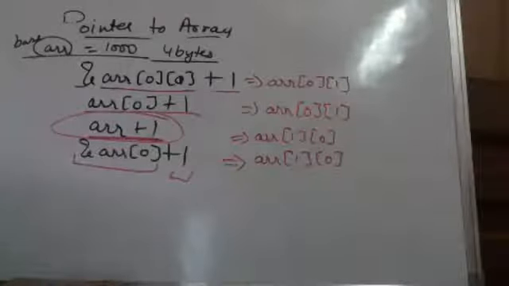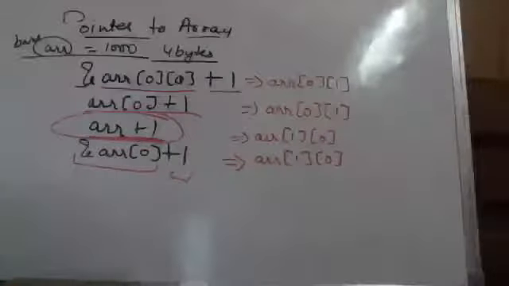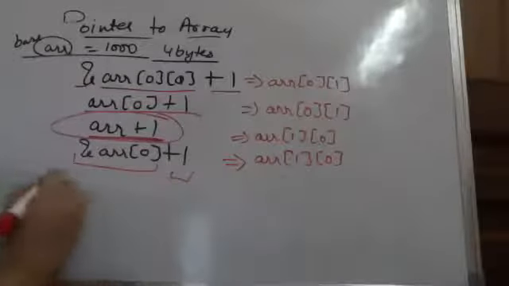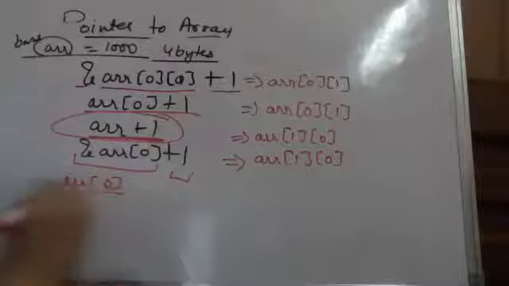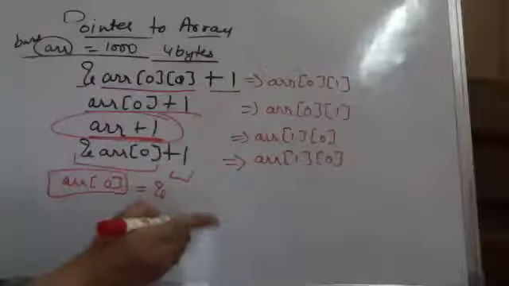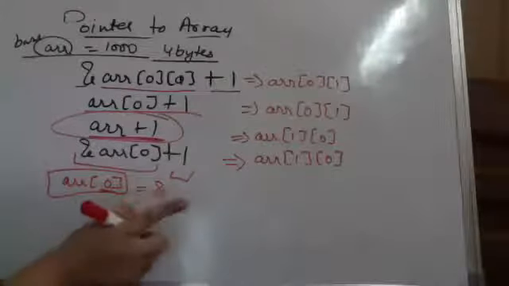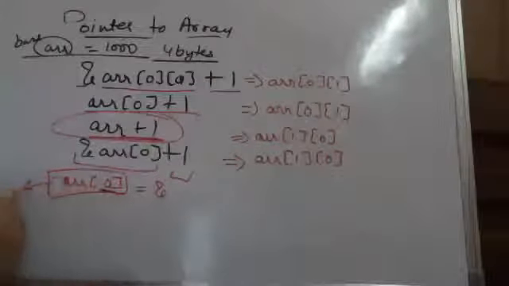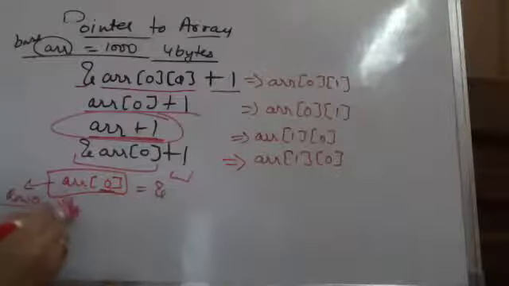Now, a double dimensional array is technically a double pointer only and nothing else. So how am I representing the data? I can also write array of 0. This is the same as the address of... I'm saying array of 0 is not an element because it's a double dimensional array. So what is it representing? Row 0's address. This is representing row 0's address.